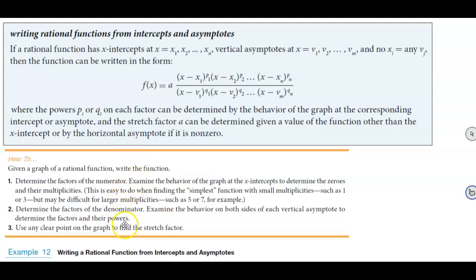In example number 12, we want to be able to write a rational function from intercepts and asymptotes. The definition states that writing rational functions from intercepts and asymptotes: if a rational function has x-intercepts at x equals x1, x2, all the way to xn, vertical asymptotes at x equals v1 all the way to vm, and no x equals any